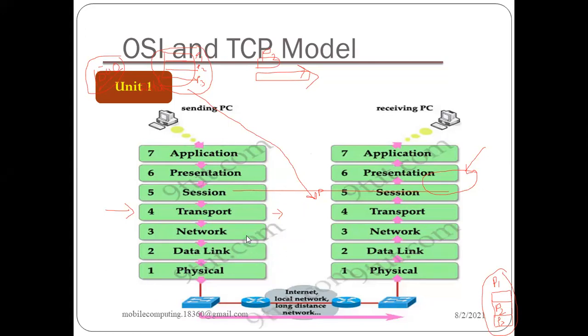Then we will talk about the network layer, right? That is, how data will be delivered, or forwarded to that particular network, or delivered to that host. That responsibility is taken care of by the network layer. So you can see here that each and every layer is basically serving the upper layer or the lower layer in some context, right? On the receiving side, you can see the direction moves from the physical layer to the application layer, and on the sending side, it goes from the application layer to the basic layer, that is the physical layer.